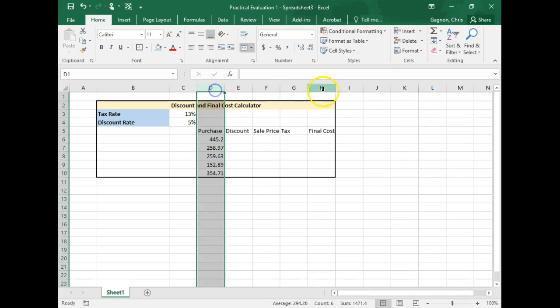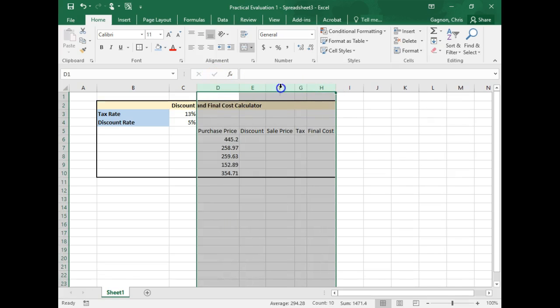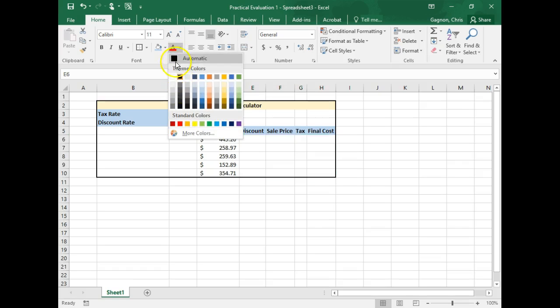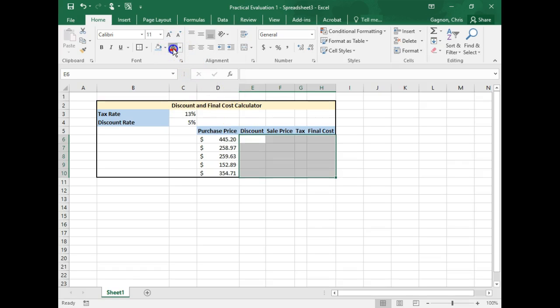And I guess I'll take these, make sure they fit the right size, and I guess this should be blue and bolded. And formatted as currency. Okay, and these are eventually going to be red. Red font. Okay,